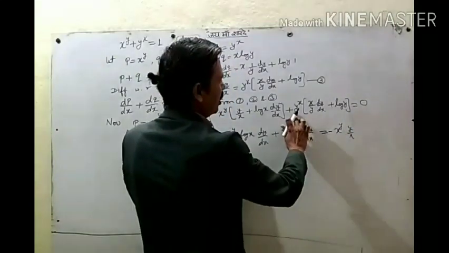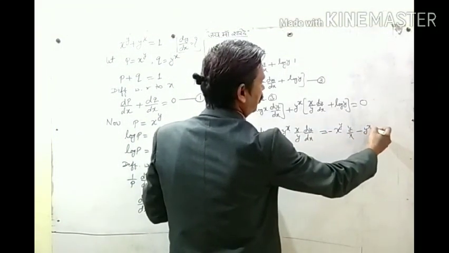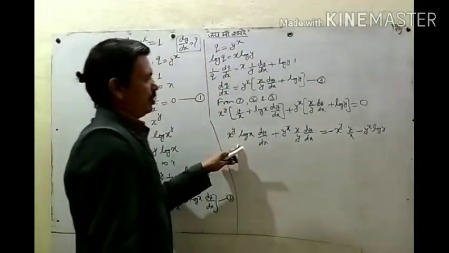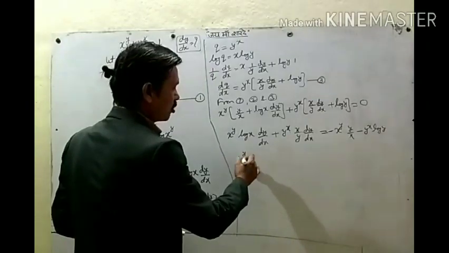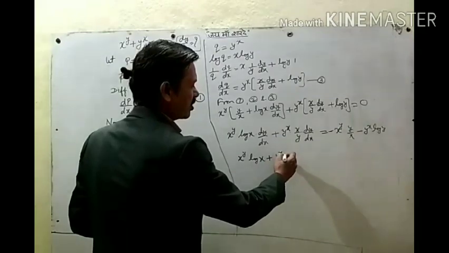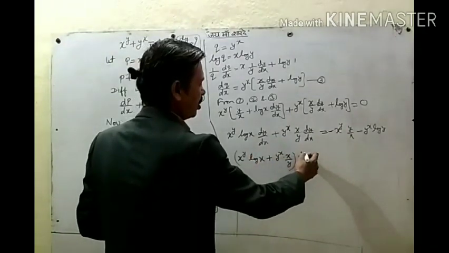The same thing here, y to the power x into log y. Okay. Now this dy by dx we will take common. So you get x to the power y log x plus y to the power x into x upon y, and dy by dx taken common